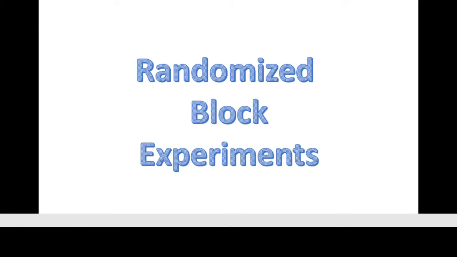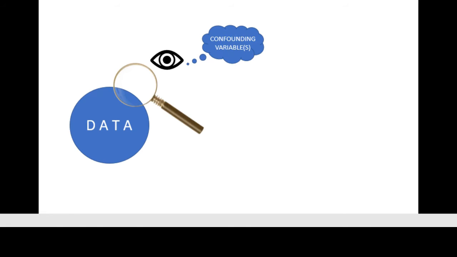Randomized block experiments. A randomized block experiment is a kind of experiment which aims to find confounding variables that may be affecting calculated values. Confounding variables are characteristics of data that cause the mean to be larger or smaller that have not been accounted for. Therefore, finding out what they are helps us to avoid issues that could occur, such as means that are inaccurate